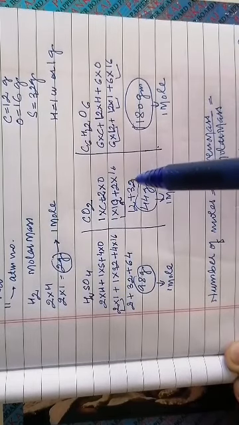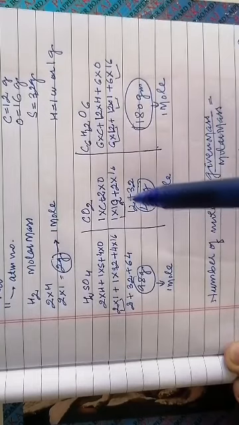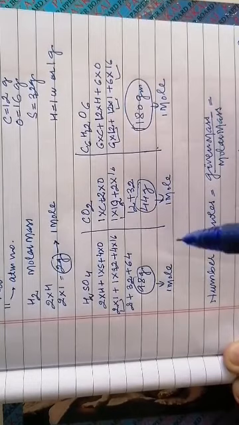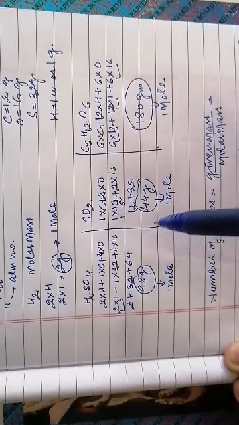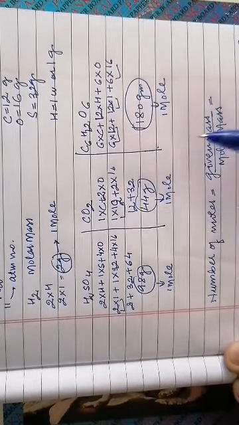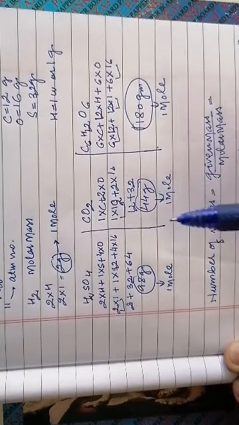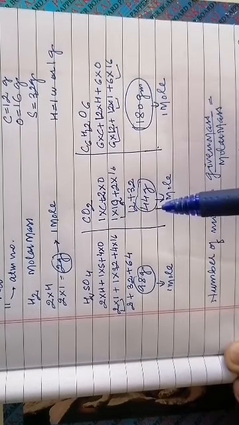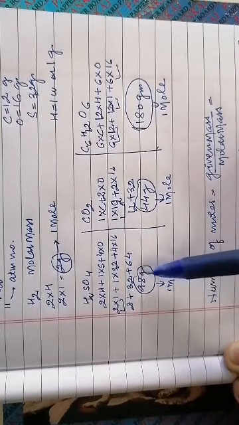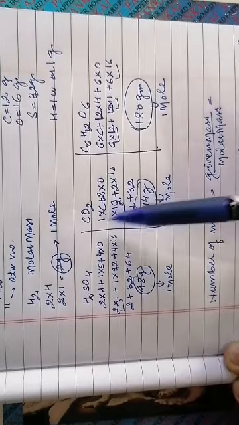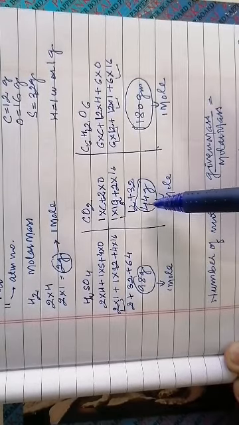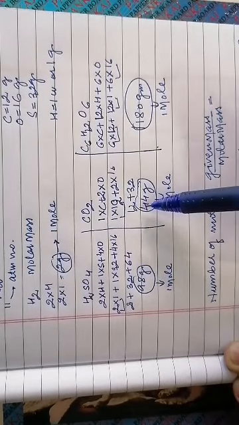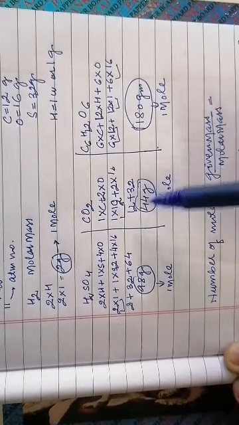Like I have water, H2O, then the molar mass of water is 18 gram. Suppose I have 18 gram of water, it means I have 1 mole of water. 9 gram of water, then half mole of water. 1 mole, 98 gram H2SO4, carbon dioxide, 44 grams. Suppose I have 22 gram, then half mole. 11 gram, then half of half.